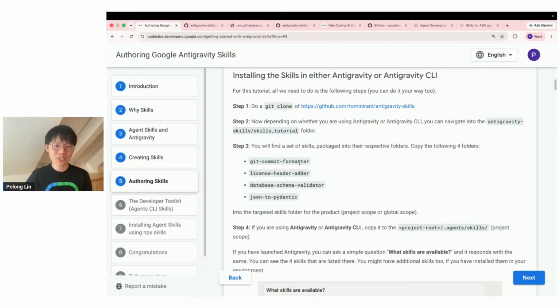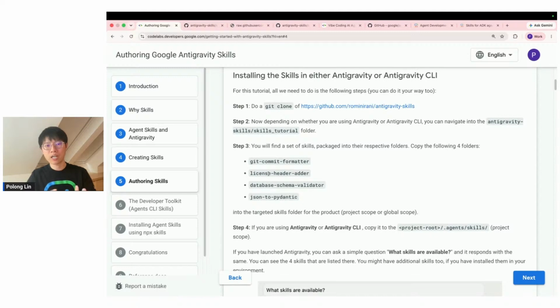And then you also have other skills in which you're going to add a little bit of determinism. As Gabriela and others had discussed, the evaluation of skills is a really hot topic. There are times in which skills will be a little bit non-deterministic because they're essentially prompts. So sometimes you want to enforce certain very deterministic behaviors within the skill. The database schema validator is an example of that, where you'll be calling upon a Python script to run as part of the flow of the skill. This is a really interesting one to look at.